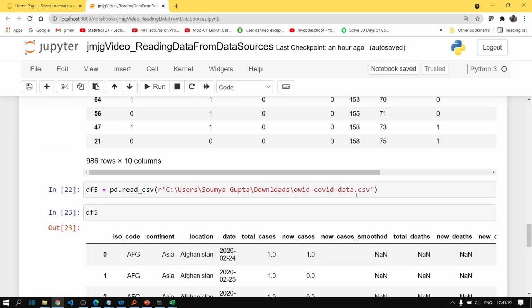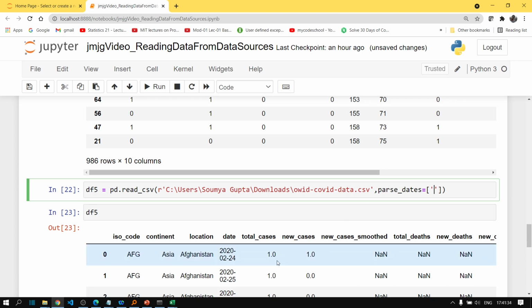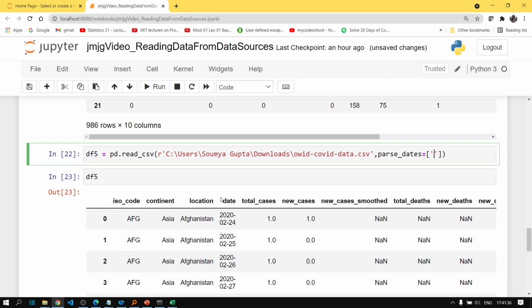We can do that by using the parse_dates parameter. Inside parse_dates, you have to specify which of the columns you want to parse as timestamp columns. Fine. So I want to parse this column.